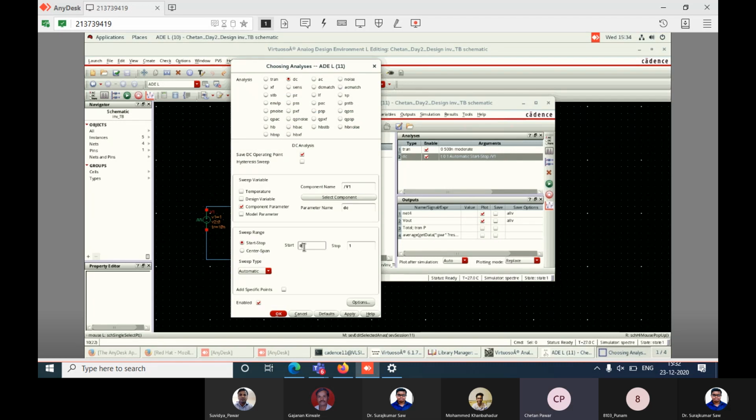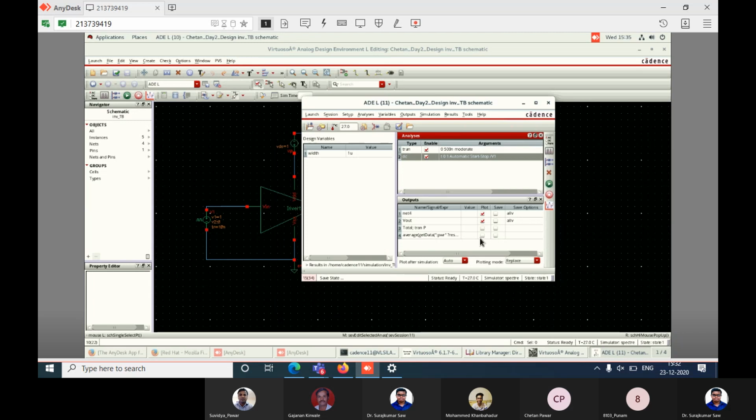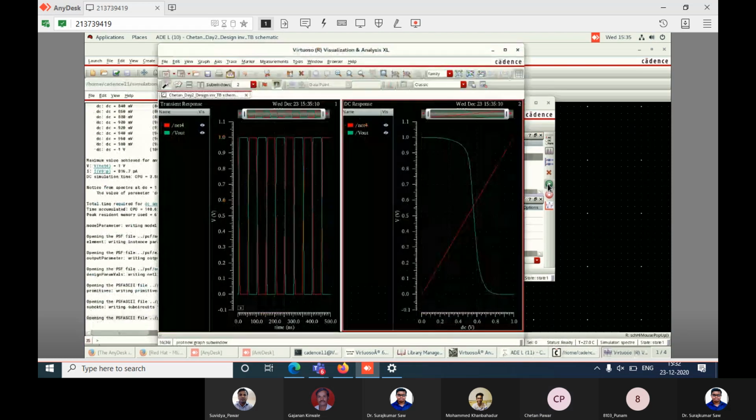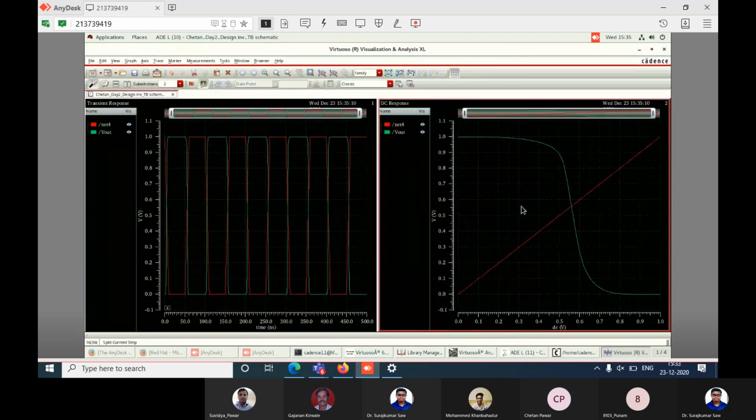Now in the sweep range, you need to put start value 0 and stop value 1. Now click on OK here. So now just do the simulation. Netlist and run.